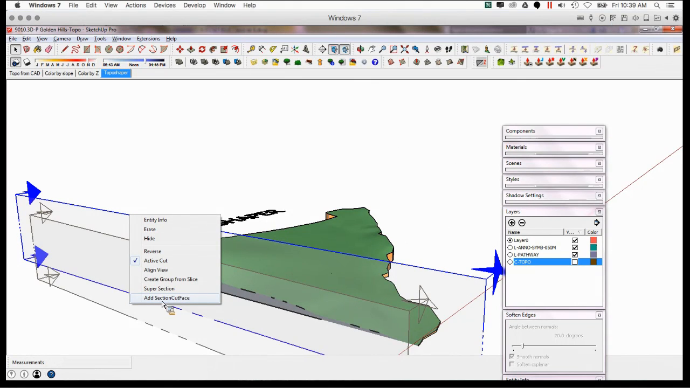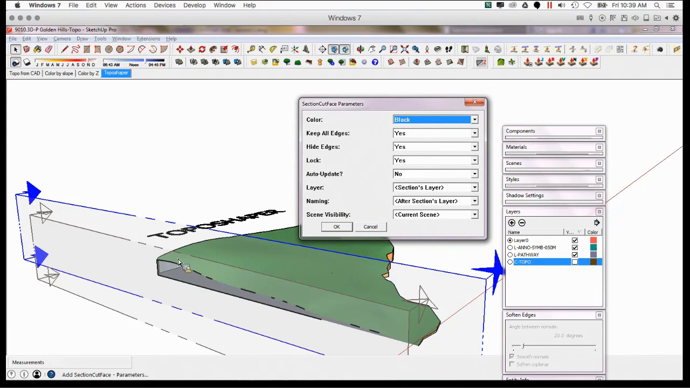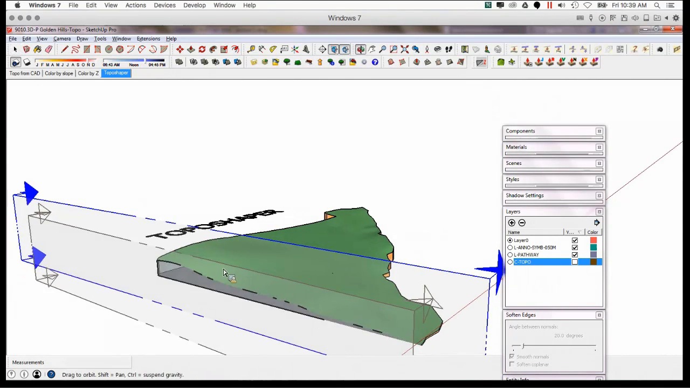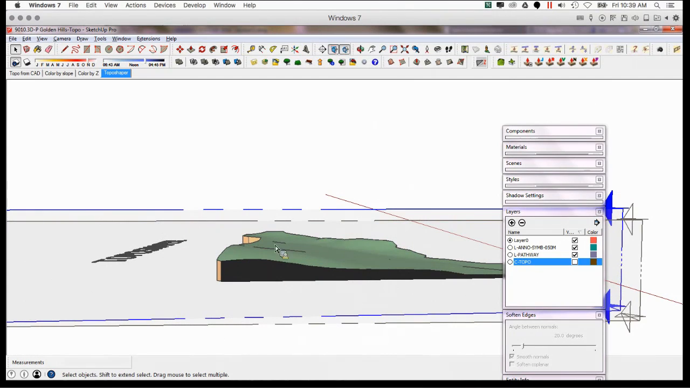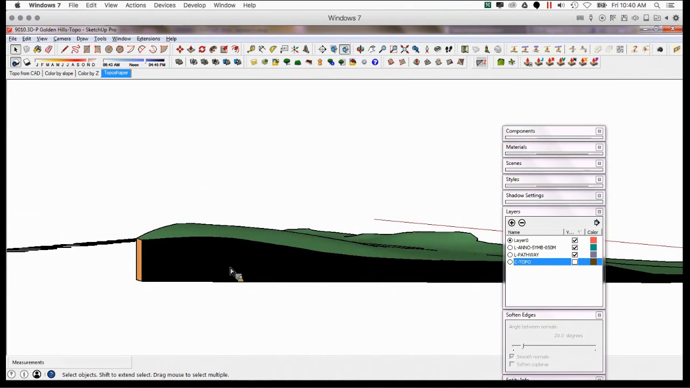And what this will do is it will give you some parameters of how you want it to look. I'll keep it black. It asks you if you want to hide edges. I'm going to say no. I'm not going to lock it. And it's going to put it on the sections layer. And we'll say OK. You can see that it actually filled in that face. I mean, it's just an actual single layer here,